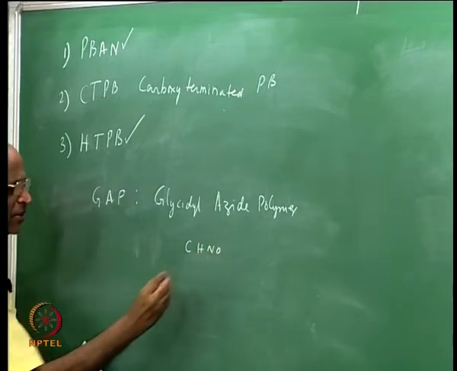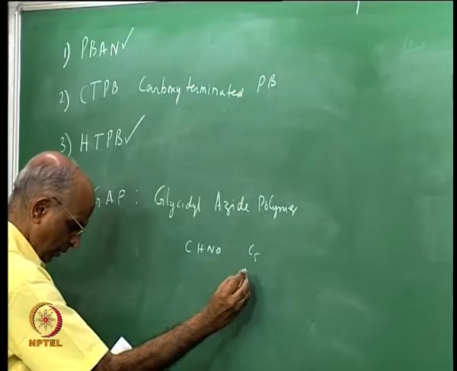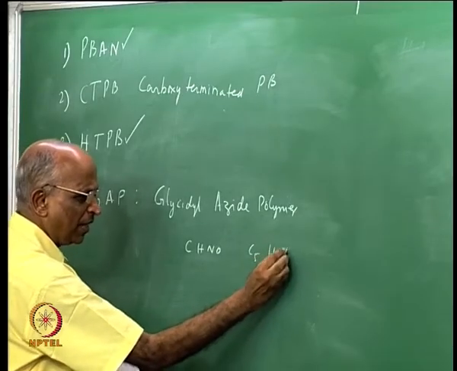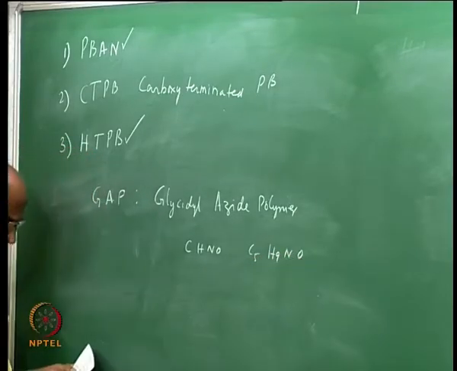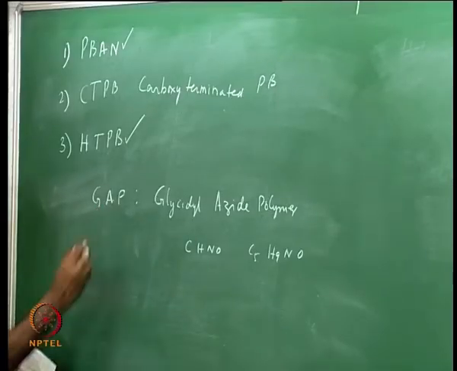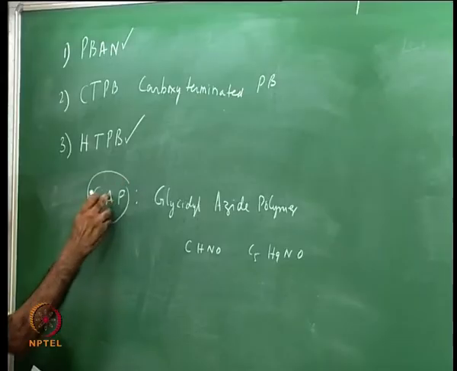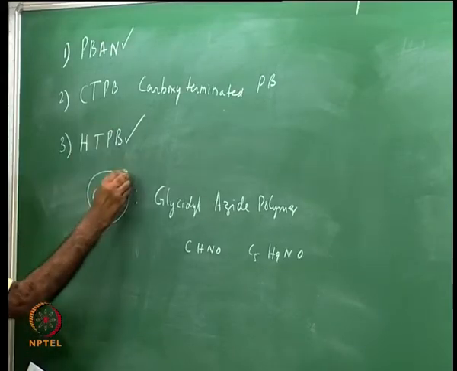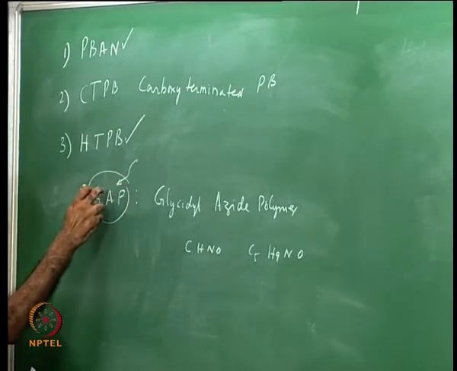It has been tried, something like C5H9NO and stuff like that, but I will not get into these molecular formulas, but we must keep in mind that GAP contains a little more hydrogen than even HTPB,